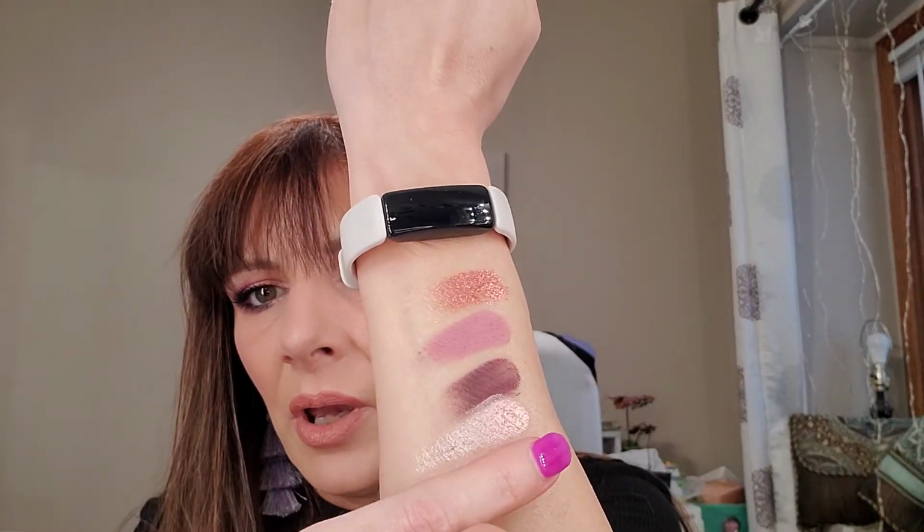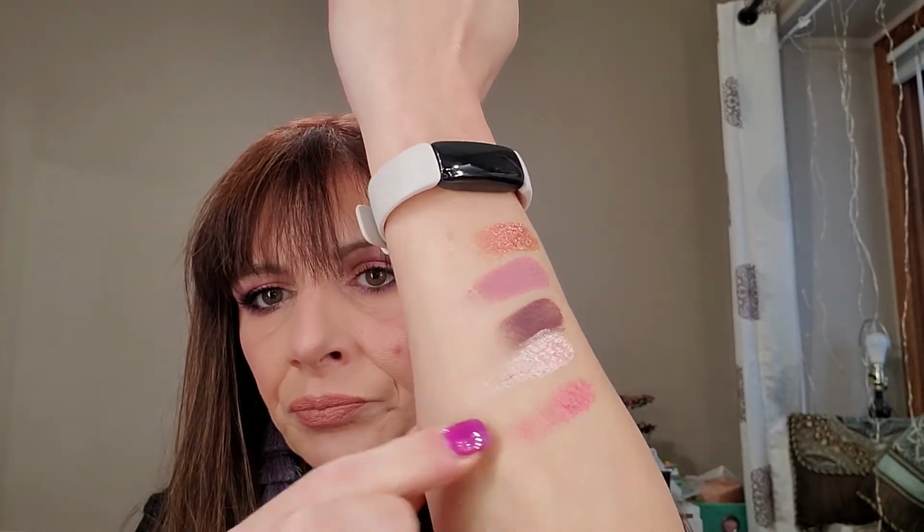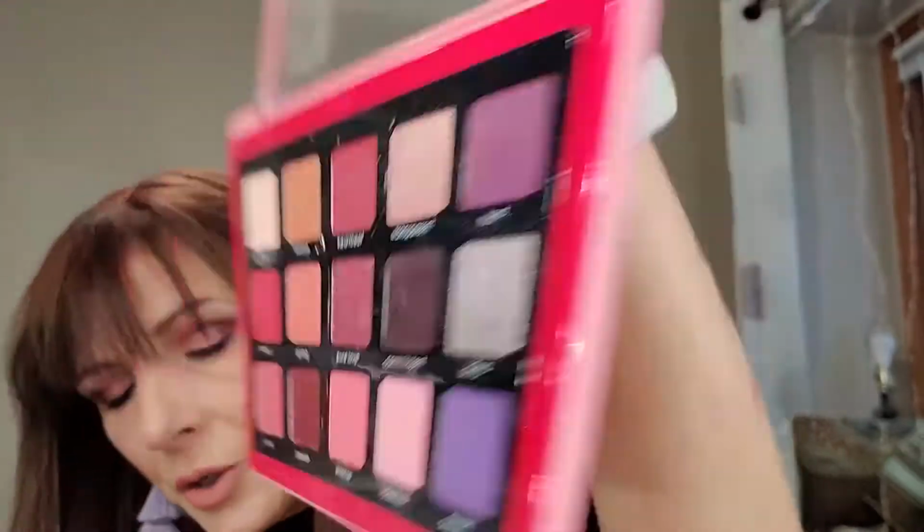That was a sloppy swatch, sorry. And then the last shade in that palette. And like I said, I do have the full-size palette. These are the colors in there. And I was looking, and